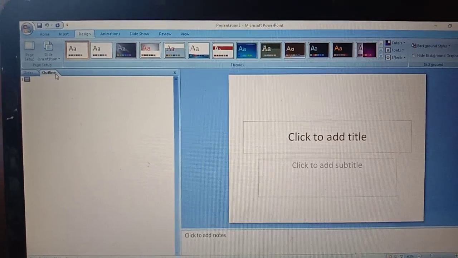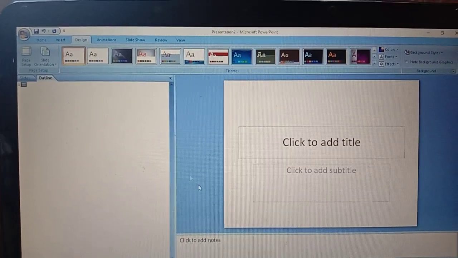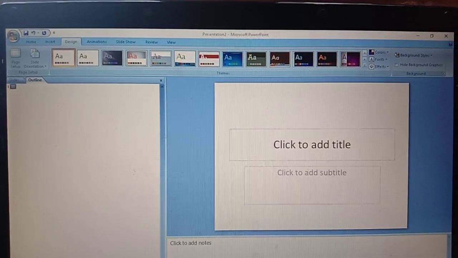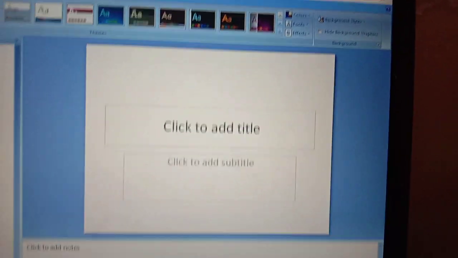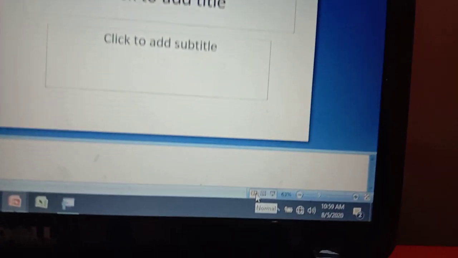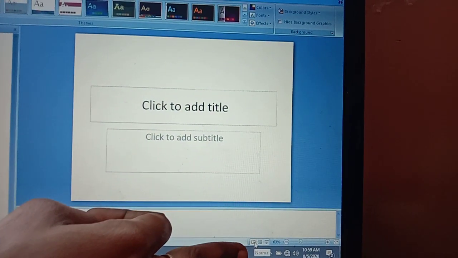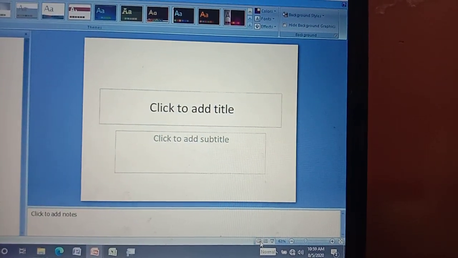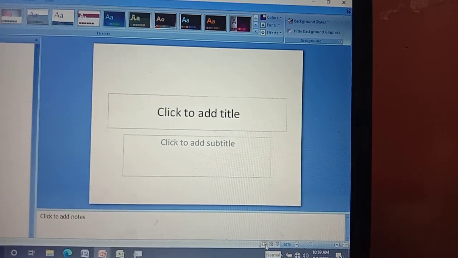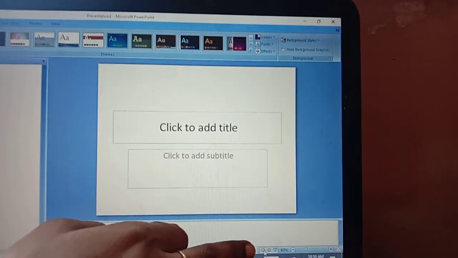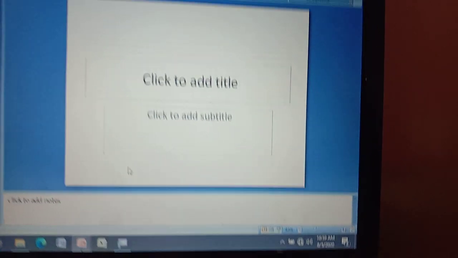Okay. Next is the view button. See here, children, this is our view button, and under the view button we have n number of options. It is available at the bottom of our screen. When you move to higher classes, you will learn the different types of views. Now you don't worry, just keep it in your mind. This is the view button.